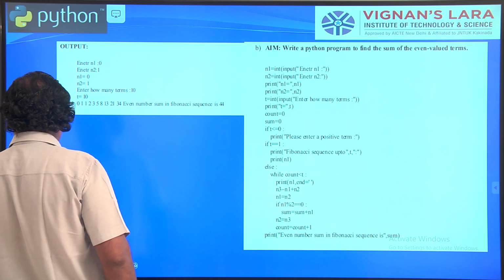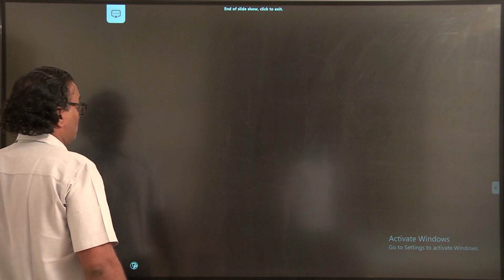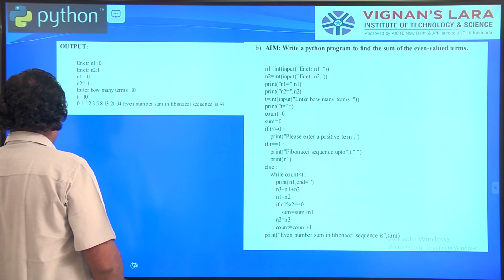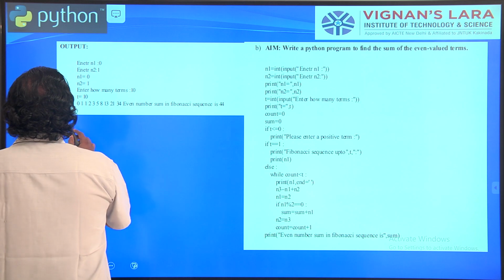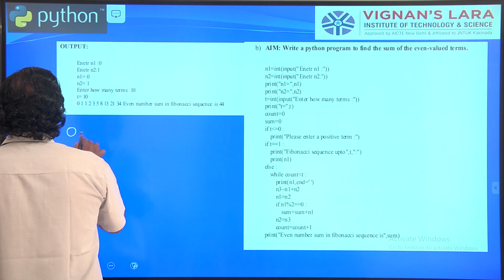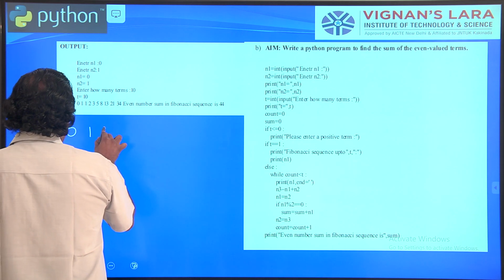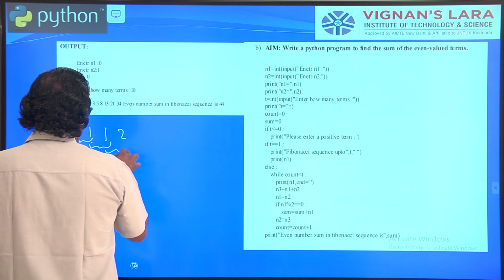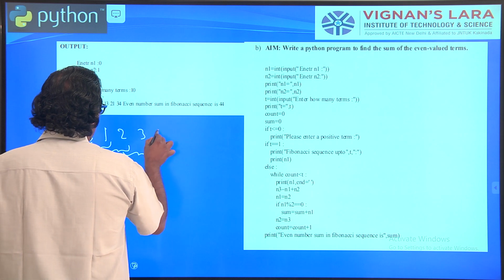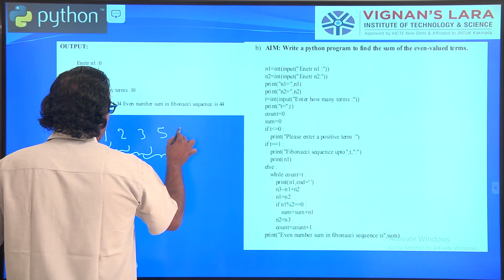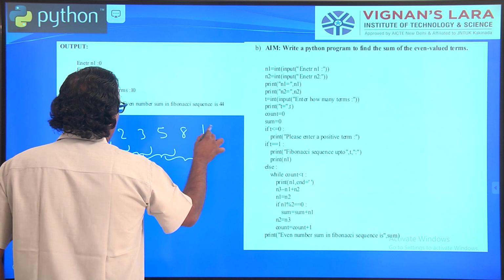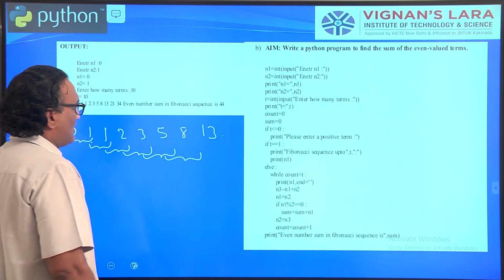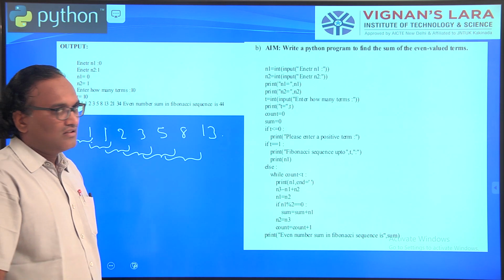What is the Fibonacci sequence? 0, 1, 0 plus 1 is 1, 1 plus 1 is 2, 2 plus 1 is 3, 3 plus 2 is 5, 5 plus 3 is 8, 8 plus 5 is 13. Like this.